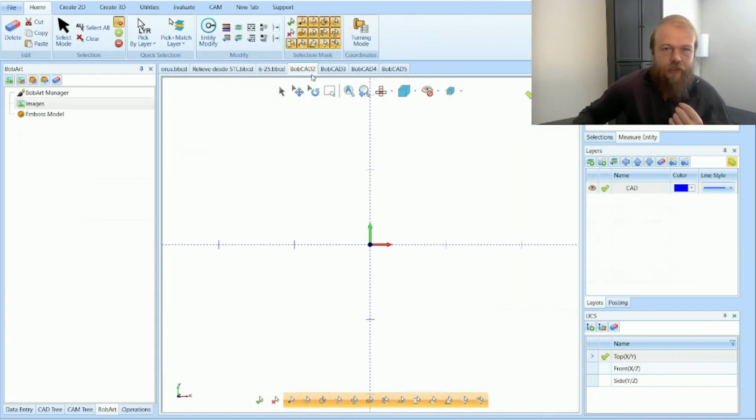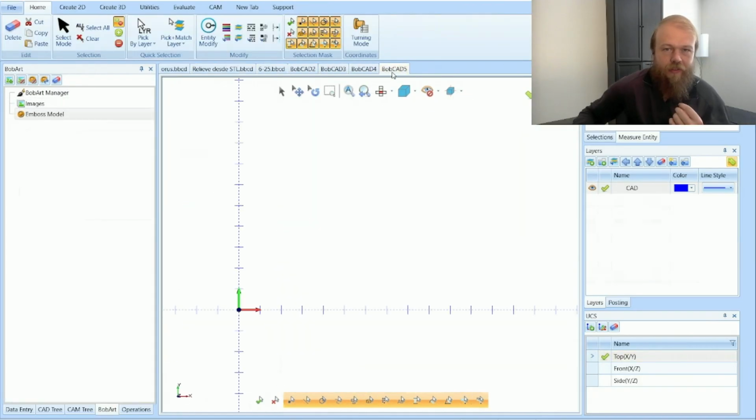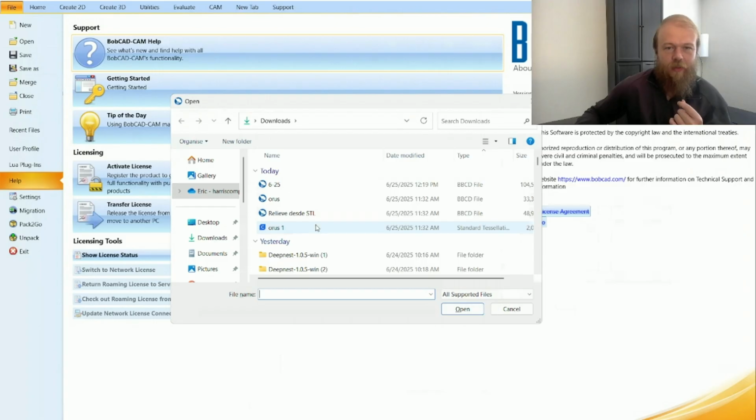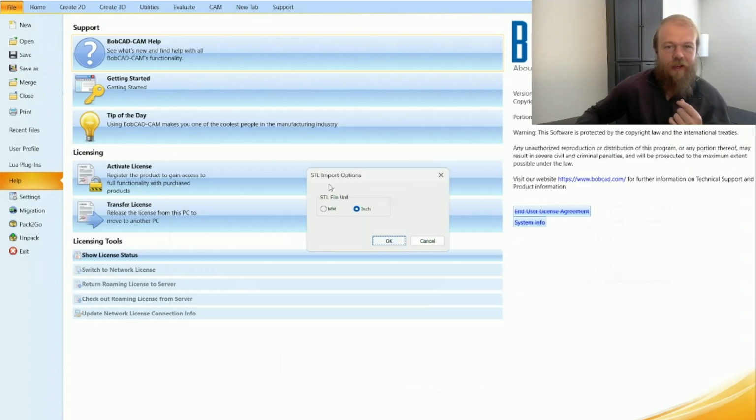I think I'm just going to go to a new file here. Okay, so I'm in Bobcat 5 now, in a new file. I go to import the STL file first. I want to see how that looks. So I'm going to go to File Open this Horus STL file, and I'm opening it in millimeters because that's how it was created. We came up with this import option to scale it from millimeter to inch very easily